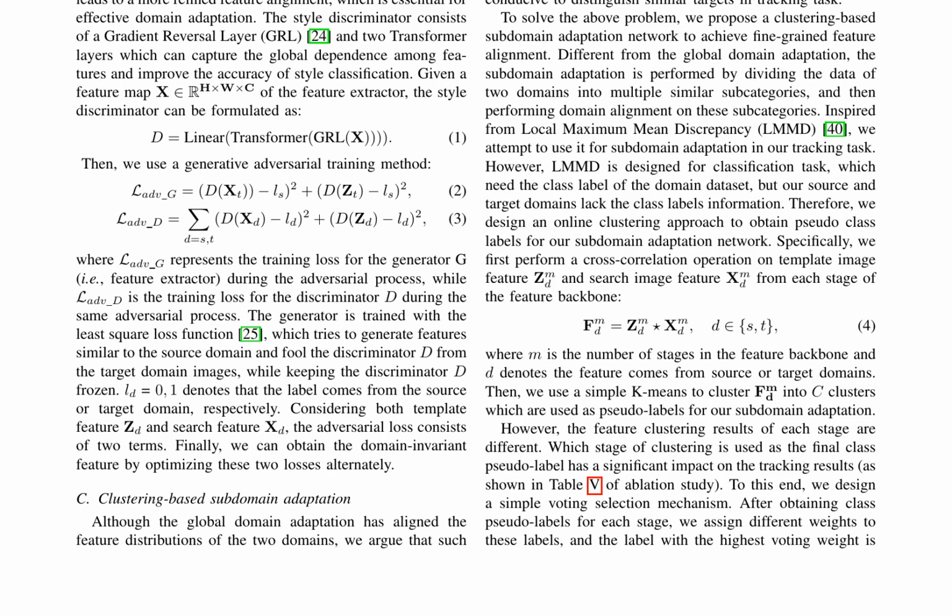A voting selection mechanism is introduced to determine the final class pseudo-label, as the clustering results from each stage have a significant impact on tracking results. This approach enables the model to adapt to diverse subdomains and improve tracking performance by aligning features at a fine-grained